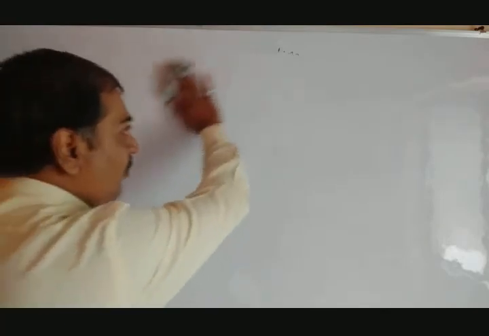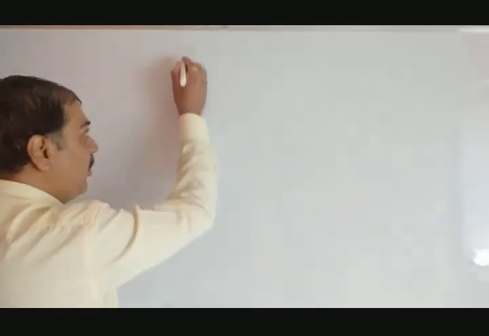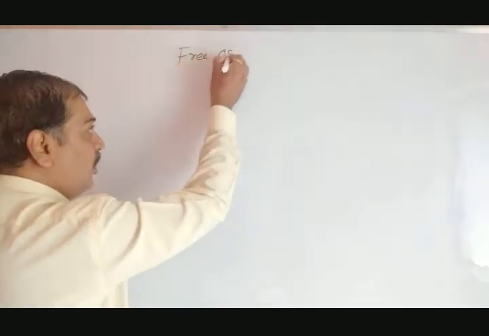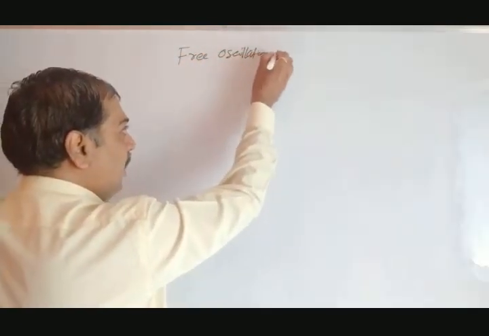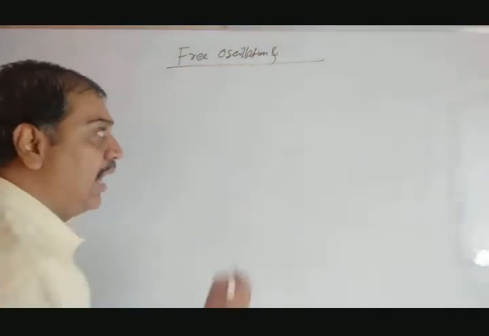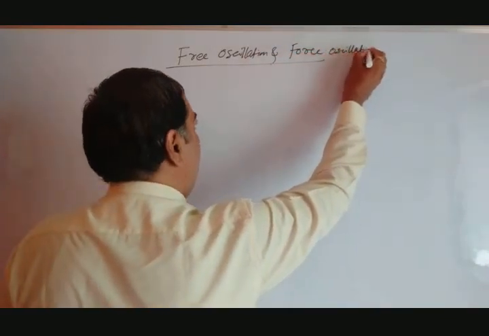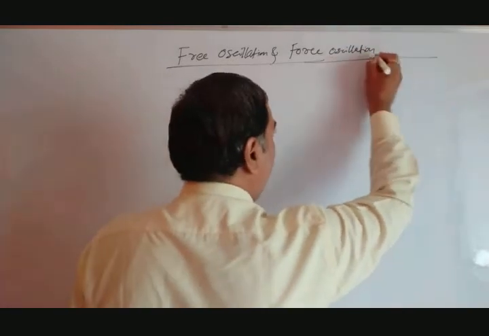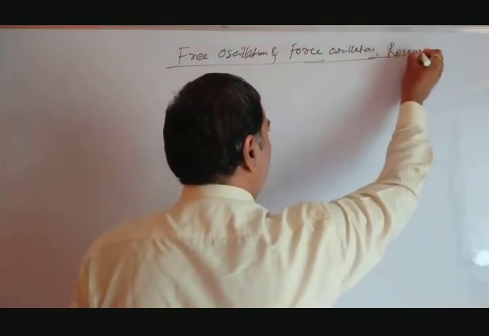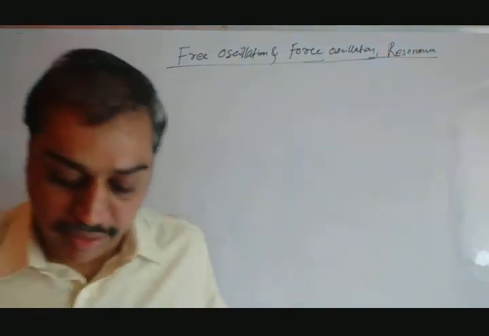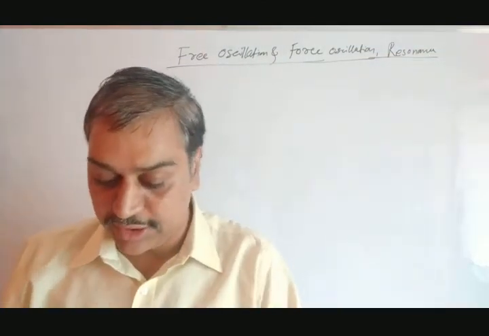Next topic of our syllabus is what? There are two types of oscillations that we have to see: the free oscillations or vibration, and forced oscillation, and one another thing is there, that is resonance. Let's start with free oscillation first. Free oscillation and forced oscillation, and along with this the new topic you have to see, resonance. That we have to see under this topic. What exactly do free oscillation, forced oscillation and resonance mean?